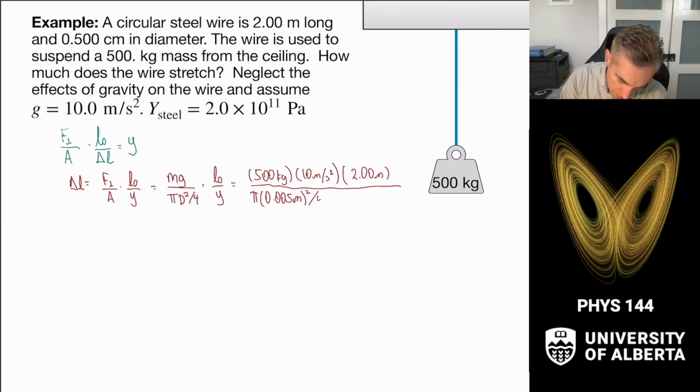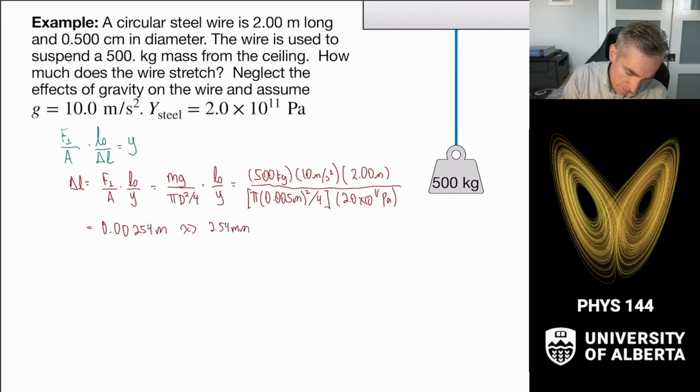Squared, all divided by 4. Pop that into square brackets. Divide by Young's modulus, which is 2.0 times 10 to the 11 pascals. And we put all this into our calculator and grind, grind, grind, crunch, crunch, crunch, and out comes 0.00254 meters, or